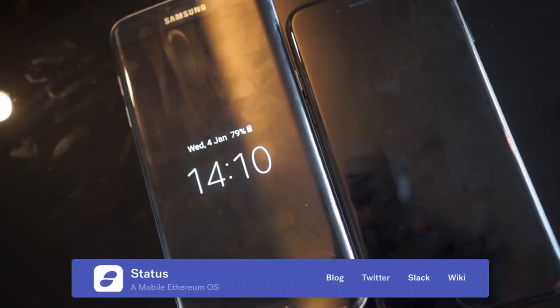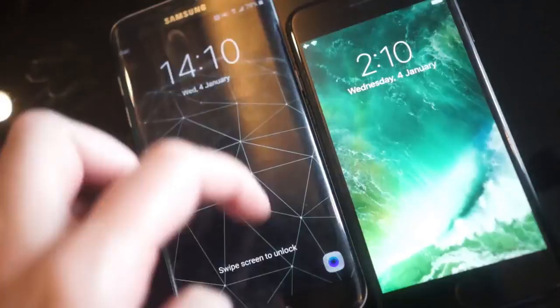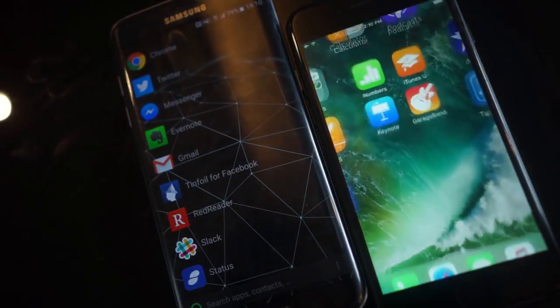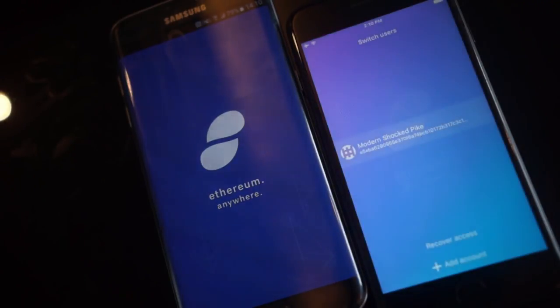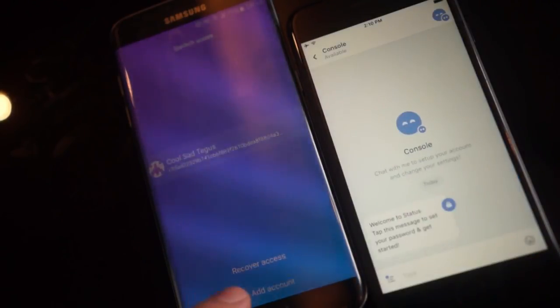All right, so we're going to test out Status, run through how to get set up with your first account, and then we're going to send a transaction between Android and iOS device. So I'm going to hit Status here, hit Status there. Okay, so this is the second time I've run this application, which is why you're seeing this lock screen. But on the first run, you'll see